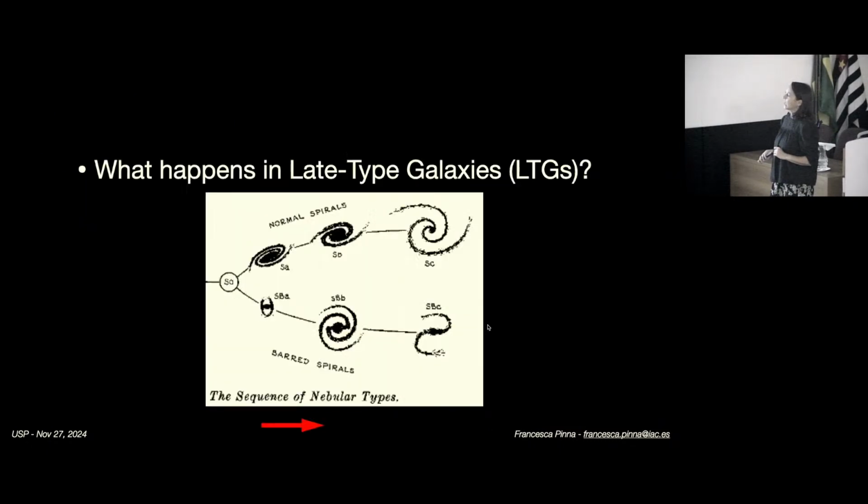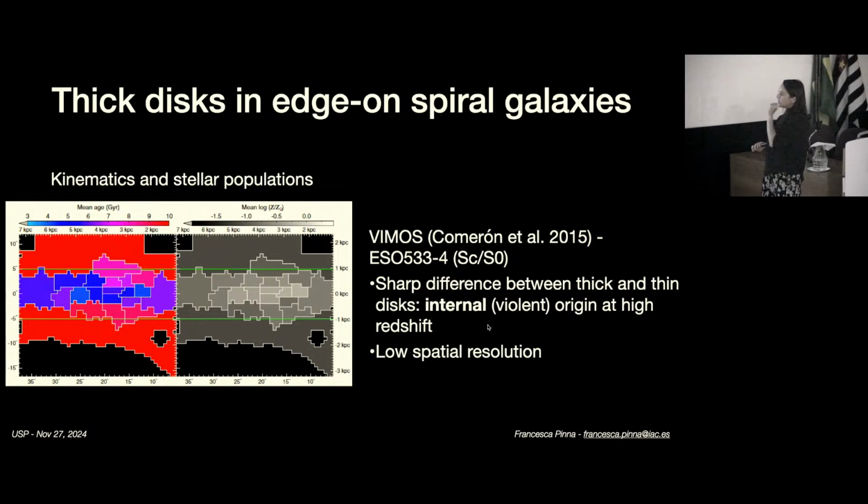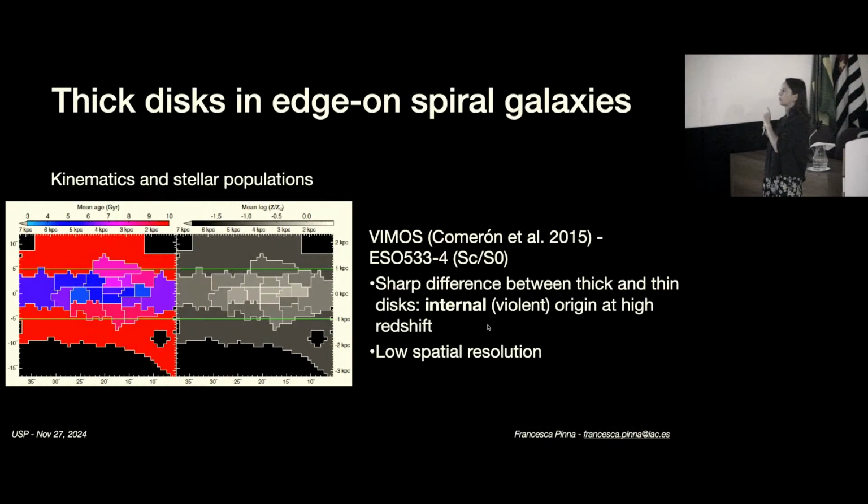So this is for lenticular galaxies. What do we find in spiral galaxies now? It's natural to wonder if we find these properties also in the rest of these galaxies or not. So let's move a little bit to the right of the Hubble sequence. This was the very first study with integral field spectroscopy, also by Comerón et al. This is a 2015 paper, and this was done with VIMOS, not with MUSE. You can see the poor spatial resolution compared to MUSE, of course,